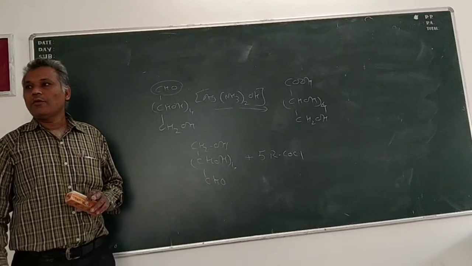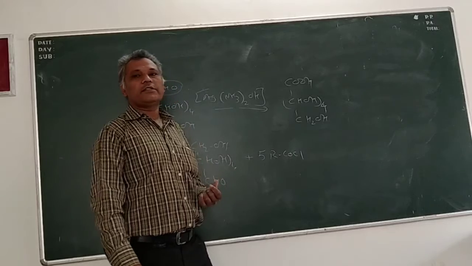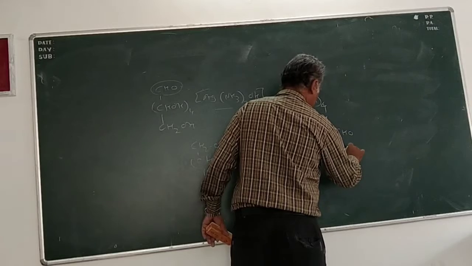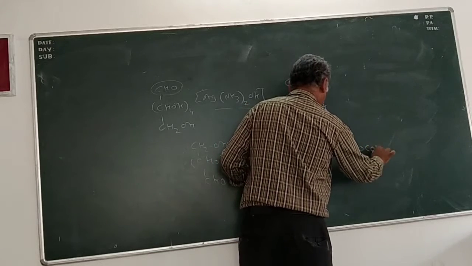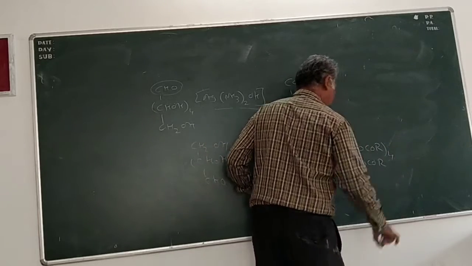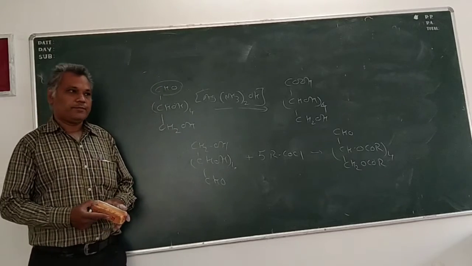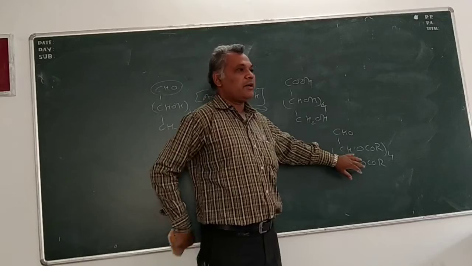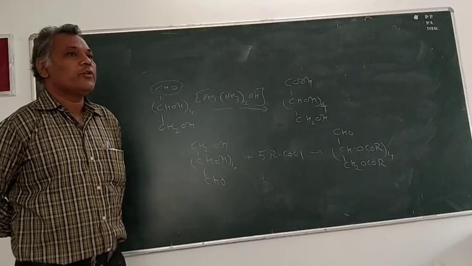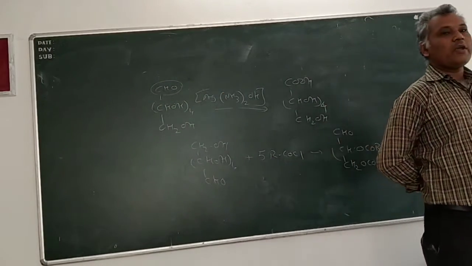During the reaction, 1 mole of glucose was taken, but 5 moles of acetyl chloride were required, which produced a penta-acetyl derivative of the component. It is considered a penta-acetyl derivative, right? 5 acylation molecules are being used. So that helped me to prove that they are having 5 OH groups.